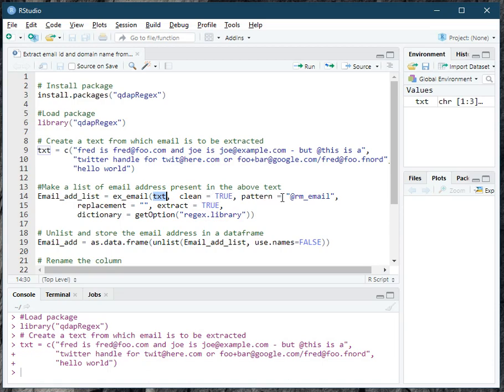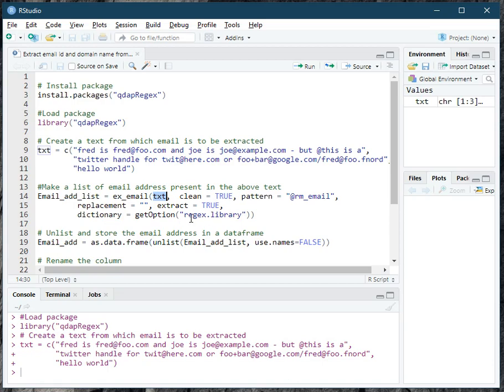Pattern is equal to this, the default pattern, @rm_email, so this will extract the email ID on the basis of the at symbol, right? Replacement is equal to blank. We don't want to replace it with some text. Extract is equal to TRUE. Yes, we want to extract the email IDs. Dictionary is equal to getOption regex.library.